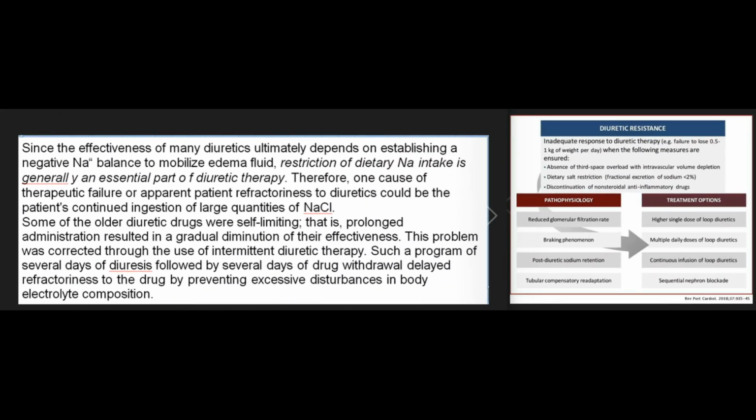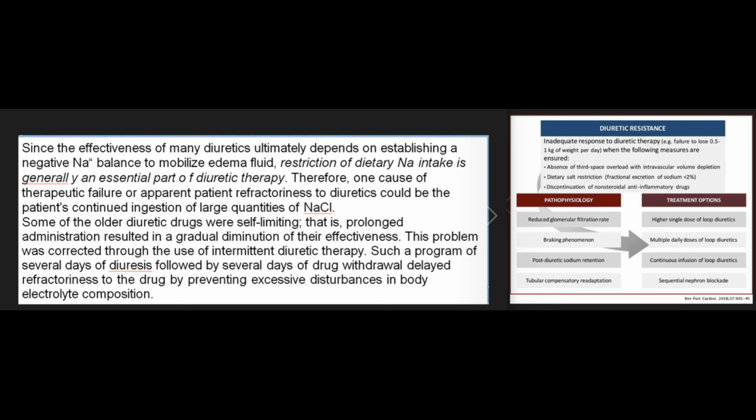Resistance to diuretic administration. Since the effectiveness of many diuretics ultimately depends on establishing a negative Na balance to mobilize edema fluid, restriction of dietary Na intake is generally an essential part of diuretic therapy. Therefore, one cause of therapeutic failure or apparent patient refractoriness to diuretics could be the patient's continued ingestion of large quantities